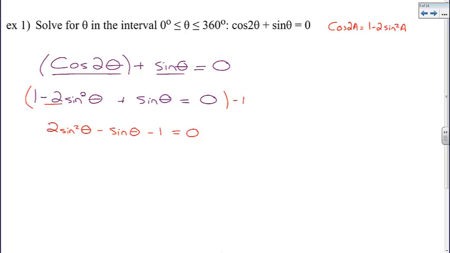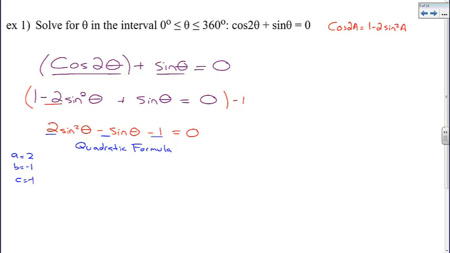Since I am set to 0 and now I'm in standard form, I can factor and solve. In this case, you could use funky factoring, but I'm going to suggest that you use the quadratic formula throughout all of your examples. And here's why. You might be able to use funky factoring, but you might not be. And if you use funky factoring and it doesn't quite come out right, you're going to have to use the